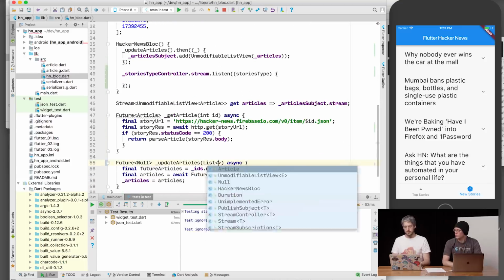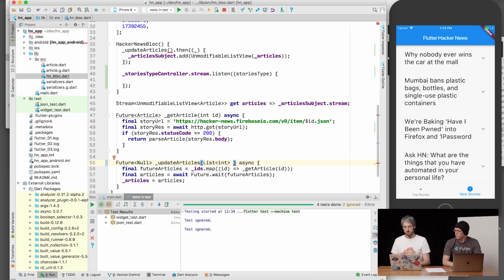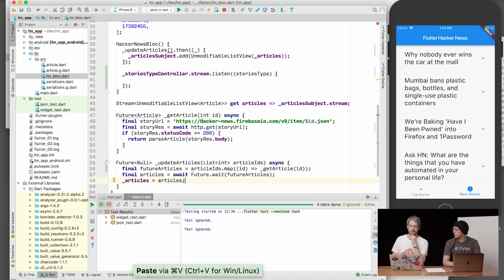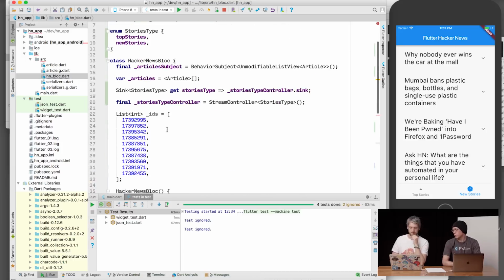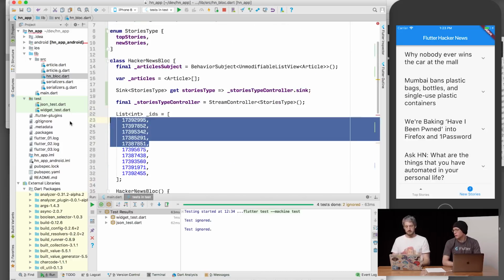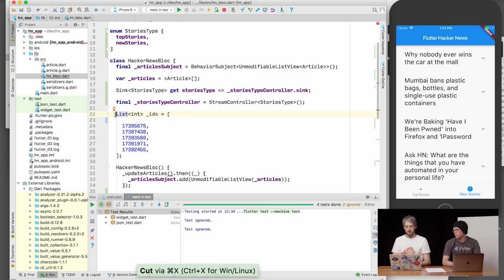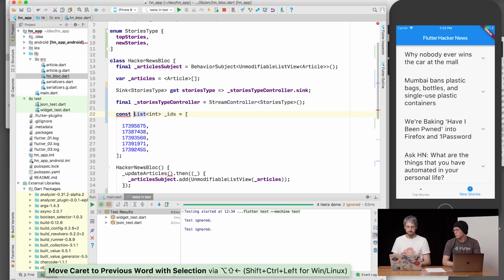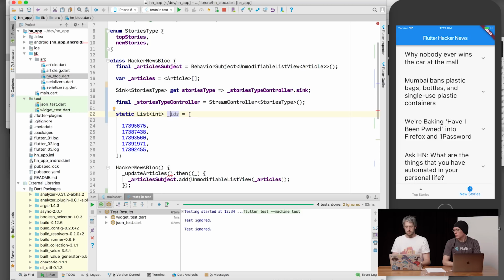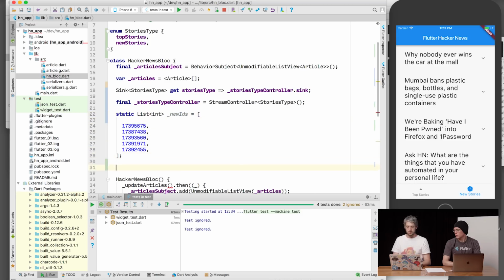So list of int of article IDs. Maybe we just want to take the current list and split it in half and make one half top stories and one half the other. Yep. And that way we can do the actual networking next time. So this is now const or static list of, let's say this is new IDs, and there's another one,